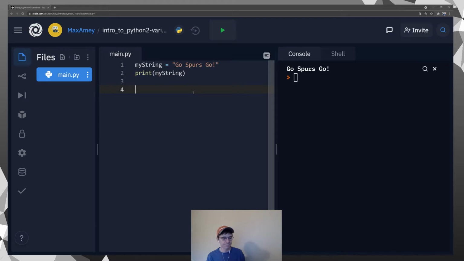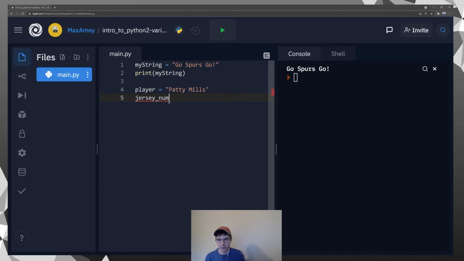Let's try making a short print statement where we mix variables and just strings. So let's make a variable called player and give it a value of Patty Mills. Okay, so now whenever we say player in our program, the computer will grab the string Patty Mills and replace the word player with Patty Mills. Let's do the same thing with jersey